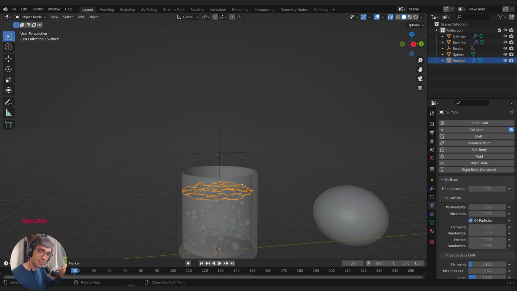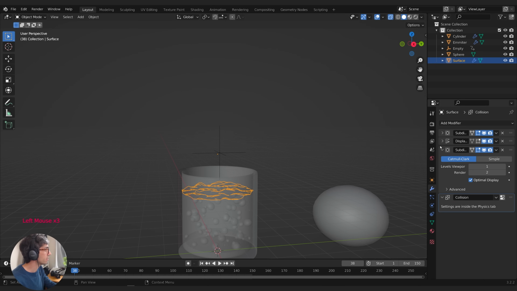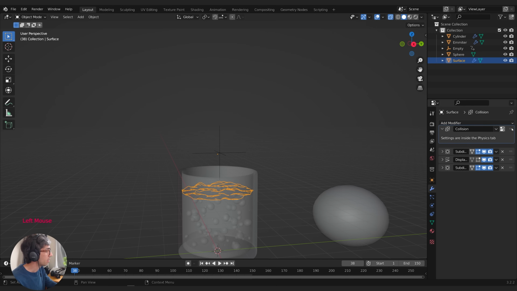Now there's a chance you might get some breakthrough, and some of these bubbles might escape and go all the way up. That's because over here on the surface, we've got all these different modifiers, and collision actually ends up being a modifier. So if we put it first, all the way up here, it allows it to do the calculation based on just that flat, unanimated surface, and it's going to be a lot more consistent and accurate. Whereas the displacement can be confusing. There are going to be frames where the bubble might actually pass through after it's animated past it, and you're going to miss out on that collision.